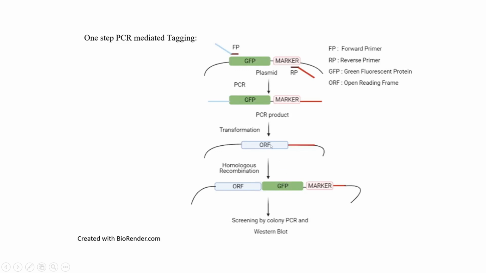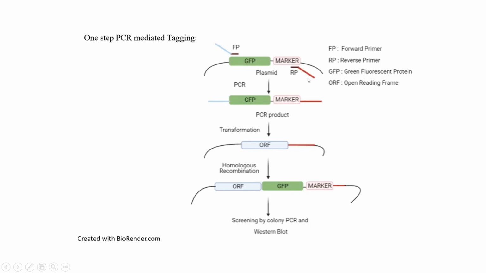For GFP addition, you have a forward primer which corresponds to the GFP sequence. Similarly, you have a reverse primer which corresponds to this marker sequence. This whole part needs to be incorporated into this ORF. So first you have a reverse and forward primer which corresponds to that gene, and the tail region